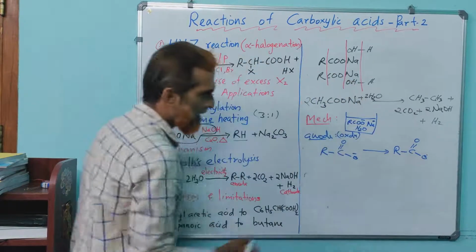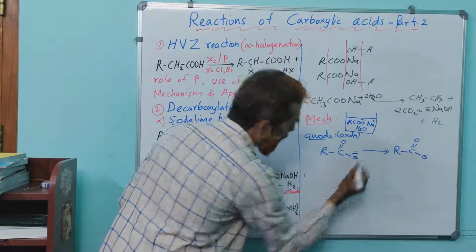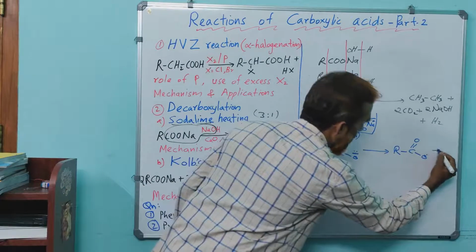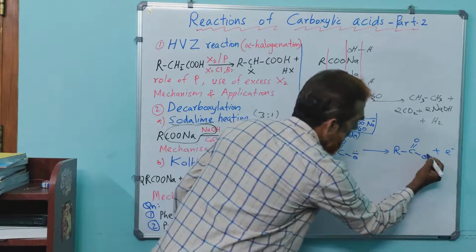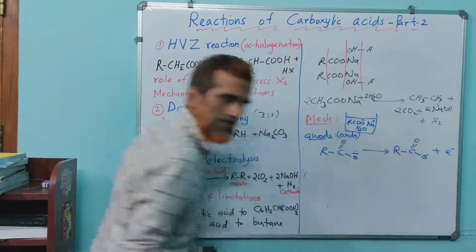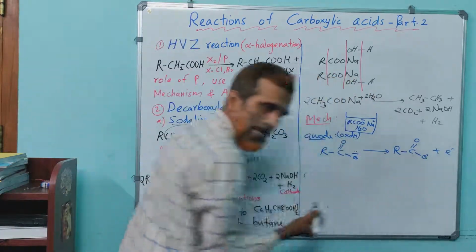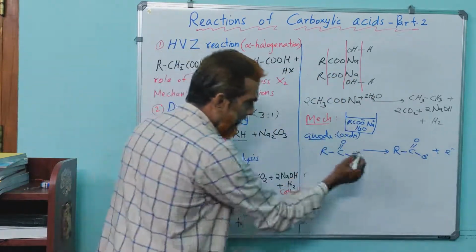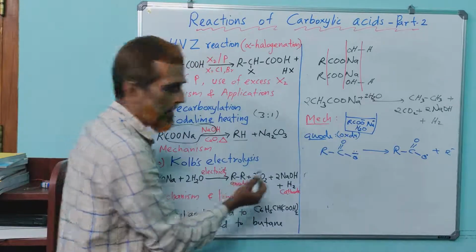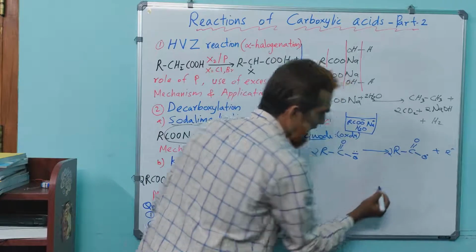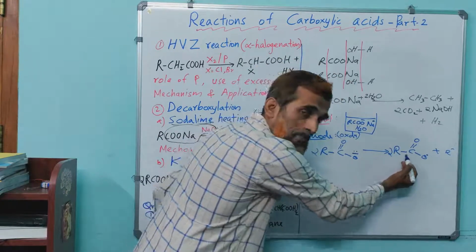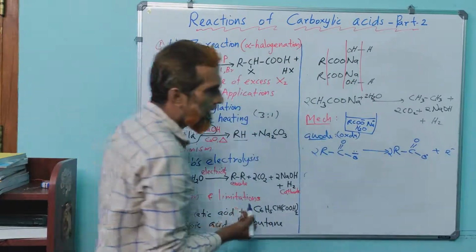See, the minus here means there is a lone pair. If it loses one electron, that negative charge will go and it becomes a radical. This oxygen becomes a radical. And for 2 R to combine, to balance you will take 2 acetate and there are 2 radicals. So this is carboxylate radical. Now what happens,